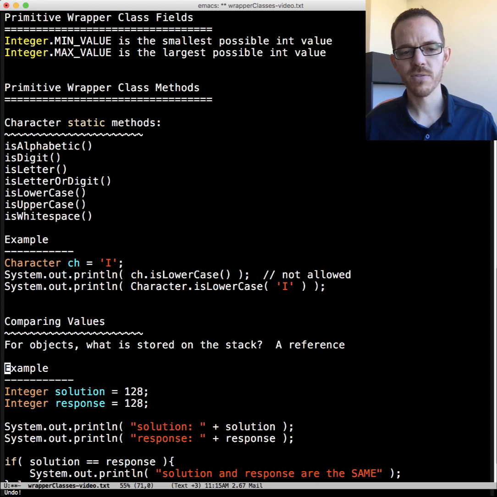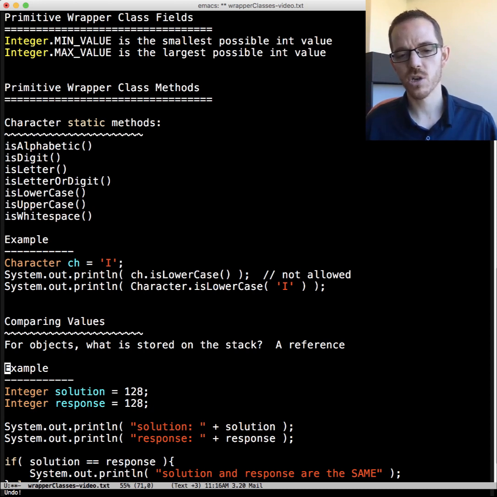We have two Integer references, one called solution, one called response. We're using the shorthand notation of just assigning integers to them, and they have the exact same value, and we could display that. Then we have this if statement: if solution equals equals response, then let's display